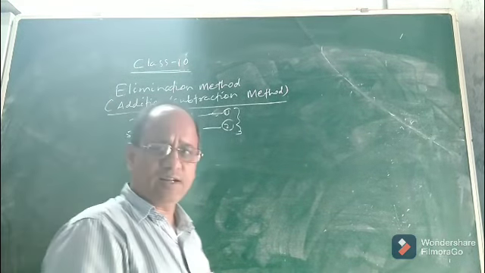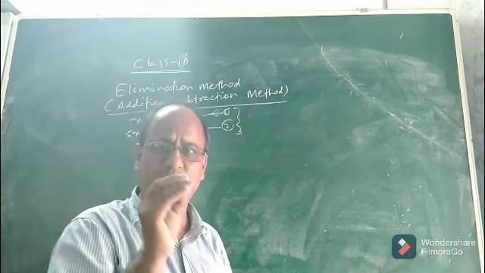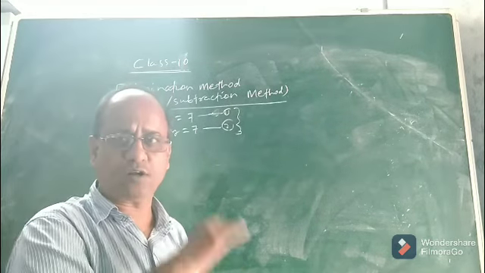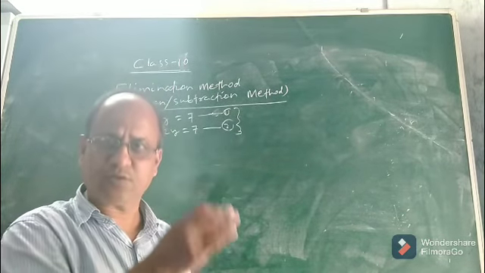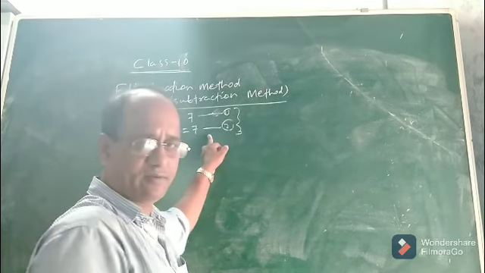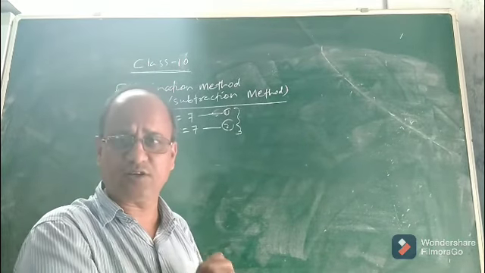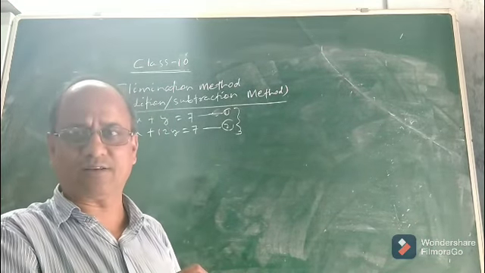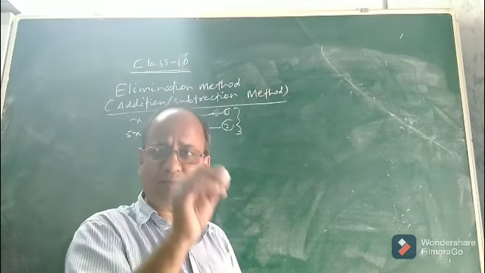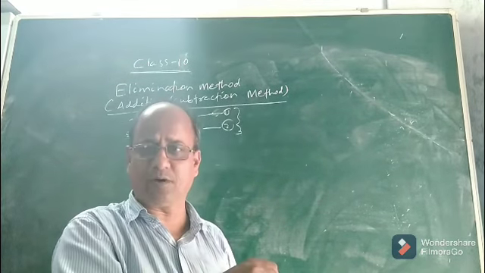Children, that day I told you one thing you must have remembered. Before solving any two linear equations in two variables, whether by substitution or elimination or cross multiplication, which we will discuss in the next class, the first step is to check. First you check and ensure that the given system has a unique solution. And to know that, what is the condition? I hope you remember. The condition was to check whether a1 by a2 is equal to b1 by b2 or not.